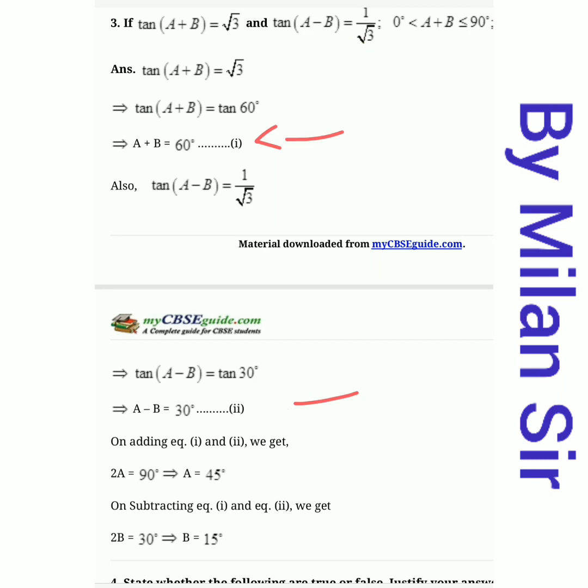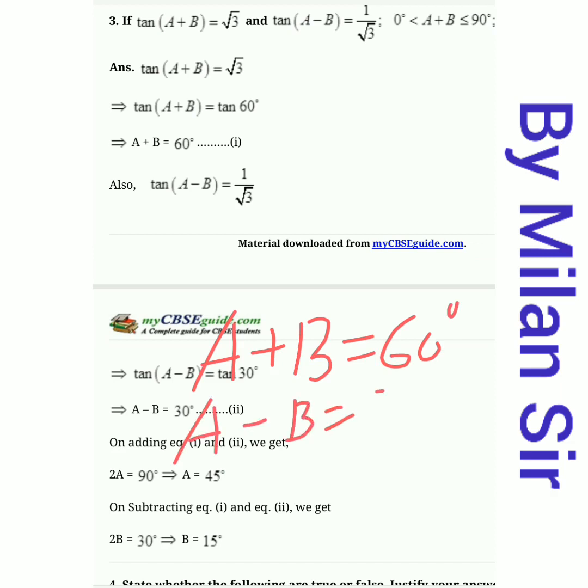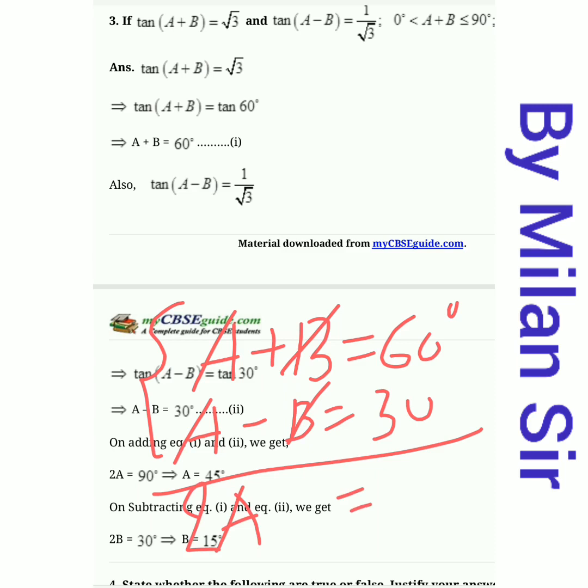Now, we will use one method from our chapter number 3, the elimination method. That method we can use here. So right now we use that method. Our first equation is a plus b is equal to 60 and the second equation is a minus b is equal to 30. Now add the left hand sides and right hand sides. Here plus b minus b cancel, and a plus a, so 1a plus 1a is 2a. And on the right hand side 60 plus 30 is 90.